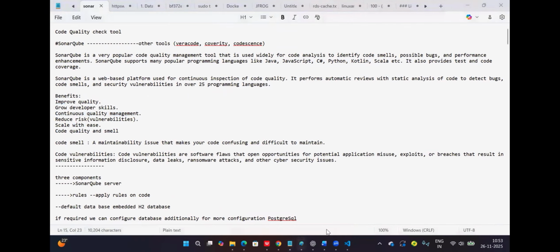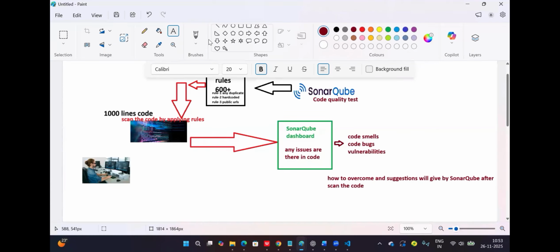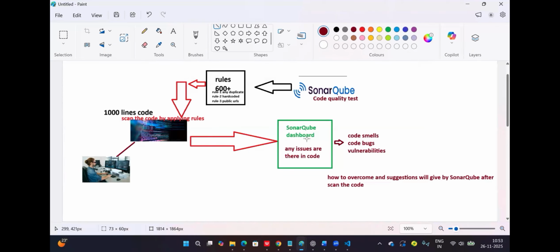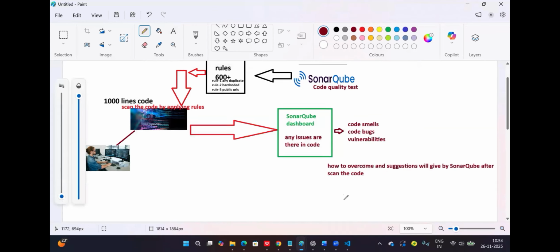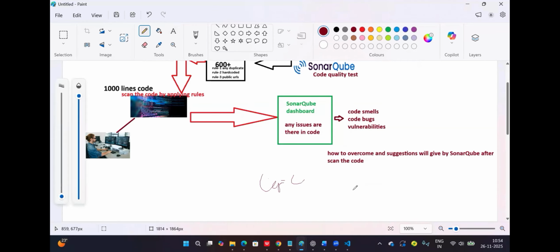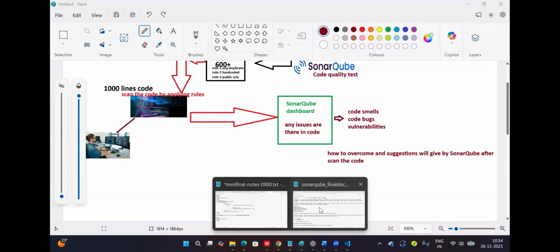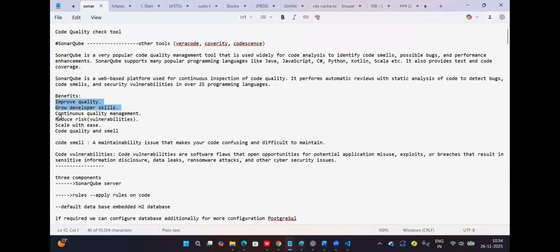So definitely I can say, if developers write code, and Sonar keeps giving us suggestions and tracks the code quality issues, definitely we can improve our development skills by the suggestions from SonarQube. The logic also. If you have written a small logic, or a big logic with many steps, it will help us complete this logic with these steps also. It helps overcome confusions, and it gives some logic too. So definitely we'll get benefits like improving our code writing skills, and continuous quality management